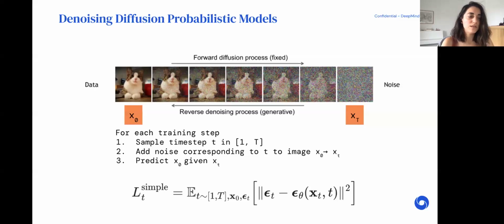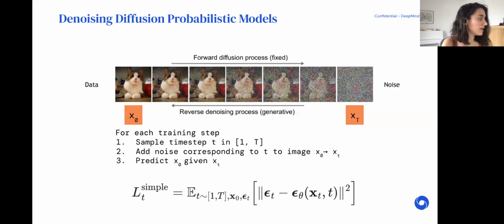So maybe I'd just like to quickly recap how diffusion models work for those of you that are not familiar with them. They involve a forward diffusion process in which a level of noise is added across a number of steps to an original image. So starting from clean data on the left-hand side, we incrementally add more and more noise according to a diffusion process, and that leads to a fully noisy image. And then we try to reverse this process by denoising the noisy image.